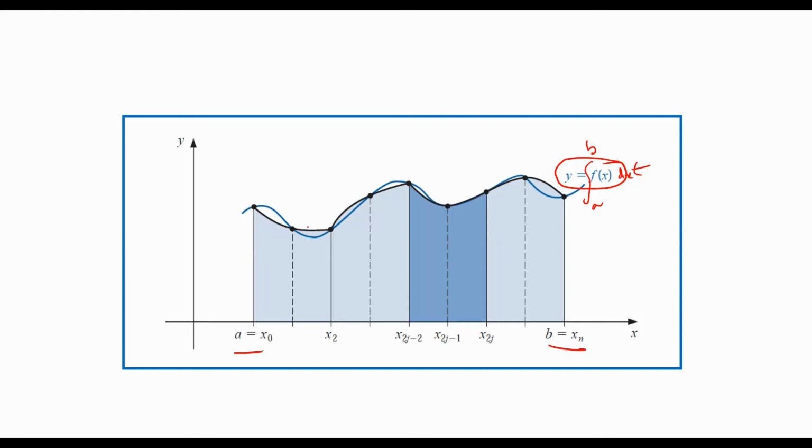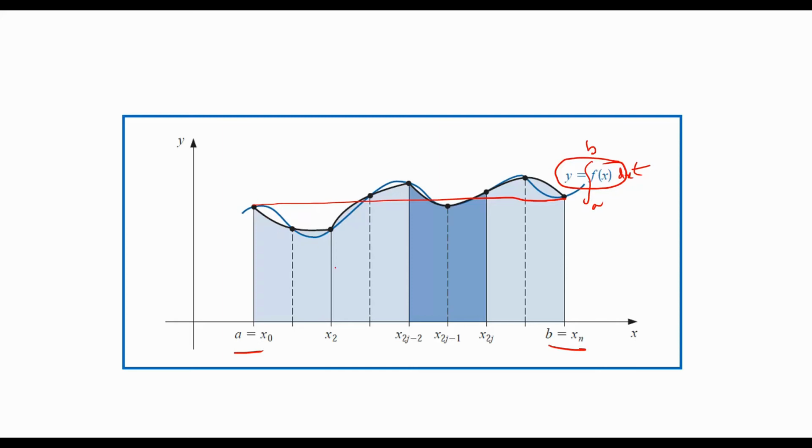See here, you can apply the trapezoidal rule by approximating this portion with a line, then this portion with a line, this portion with a line, this portion with a line. You will see that the error will be less compared to just applying it over the large interval. Finding this area over the large interval, you will have more error rather than dividing it into small intervals and applying the trapezoidal rule in each.